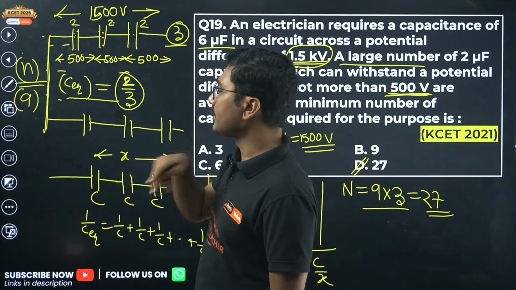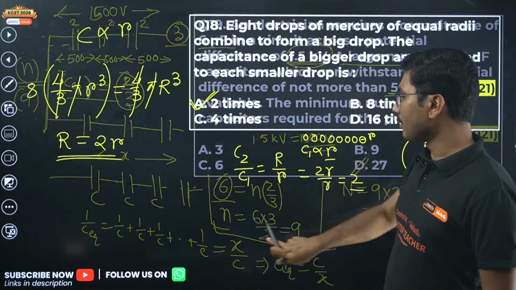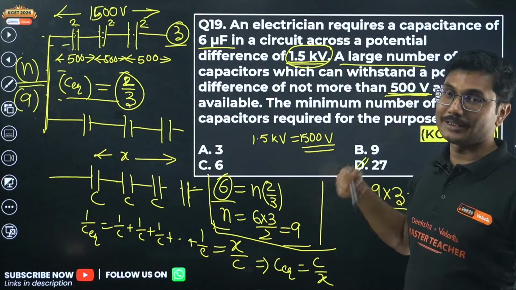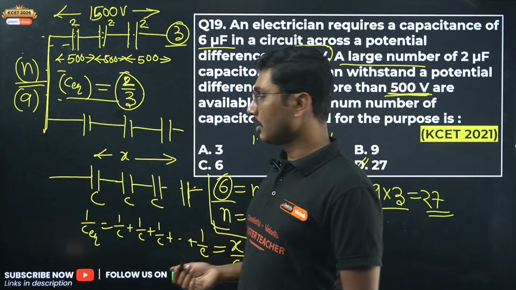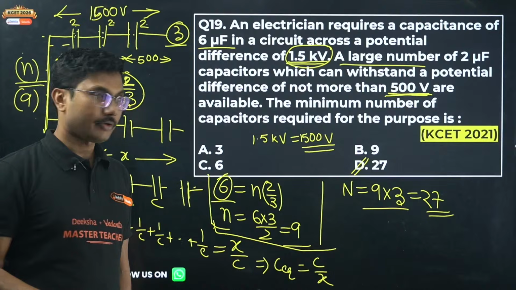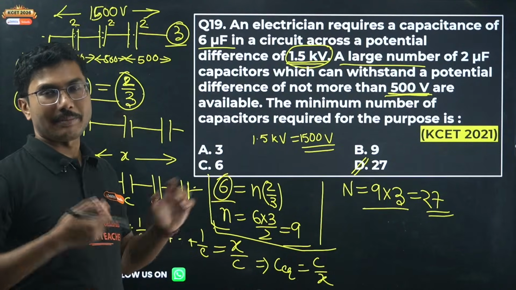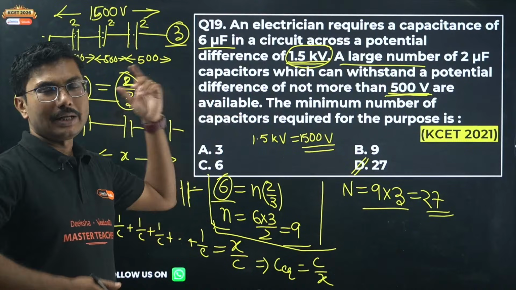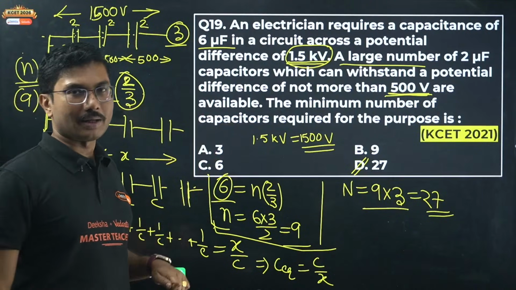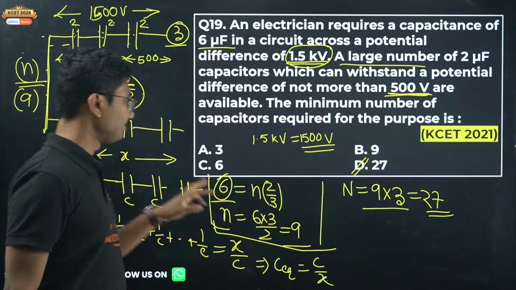If you consider the entire column, then you have to add the series parallel combination formula. Parallel combination, n is multiplied. For series combination, n is divided. So remember this shortcut. If you are solving problems with same capacitance, you can simply take the capacitance, divide by the number in case of series, multiply by the number for parallel. That's it.